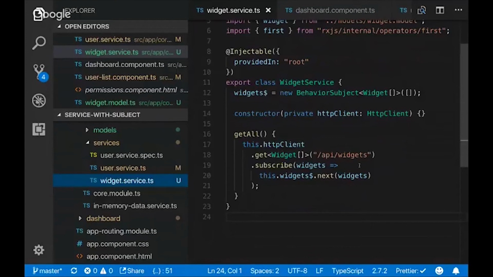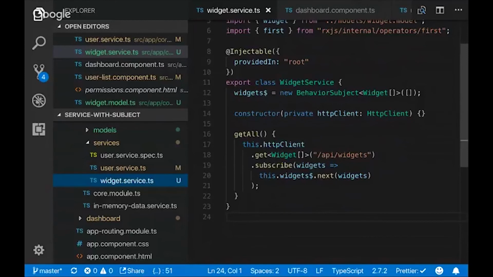So in my case here, you see I've got a widget, and so here I've got widget$ equals a new BehaviorSubject, and it's a widget array. We're defaulting it with an empty array right there. So this is what's creating our behavior subject, and this is what we're connecting to from our container component. So now we point at that, and anytime that we get a new value on widgets$, those values are going to then be emitted onto the stream, and we'll pick those up automatically.